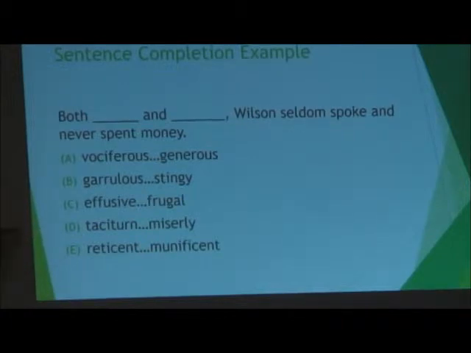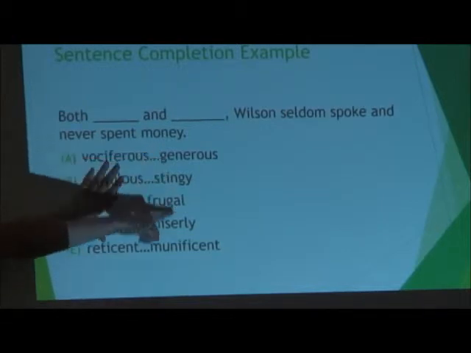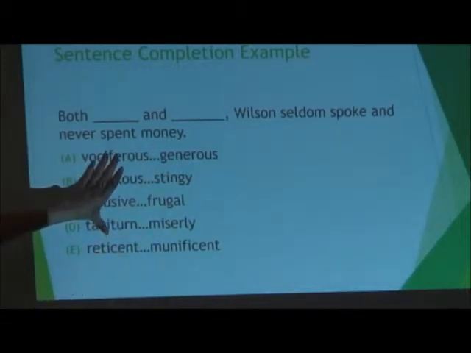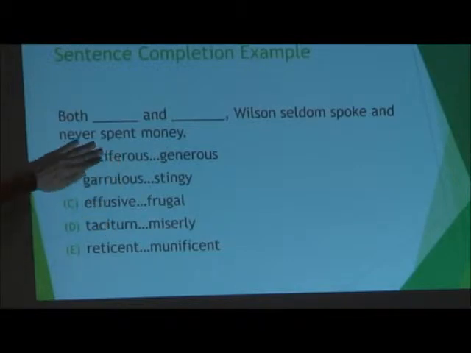And one way to tackle the kind of questions that have two answer choices is to only look at one side or the other first. So say we look at just these ones, right? What can we rule out? What does not mean not spending money? Generous. Okay, so we got not generous. What else?